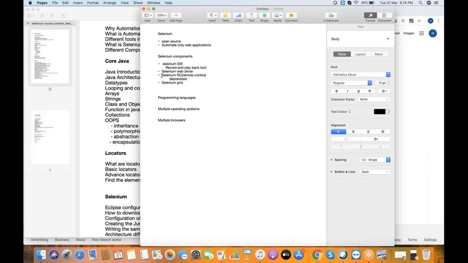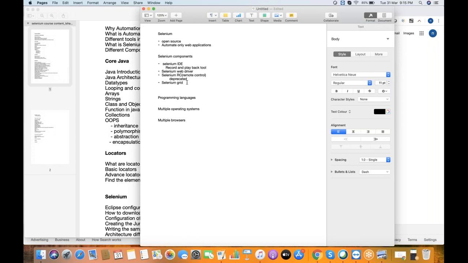While explaining the various components of Selenium we can still mention this, because it used to exist before, but now it doesn't. Then the Selenium Grid. As I mentioned, Selenium supports multiple operating systems and multiple browsers. When we execute a test case, we target whatever operating system our system is based on.